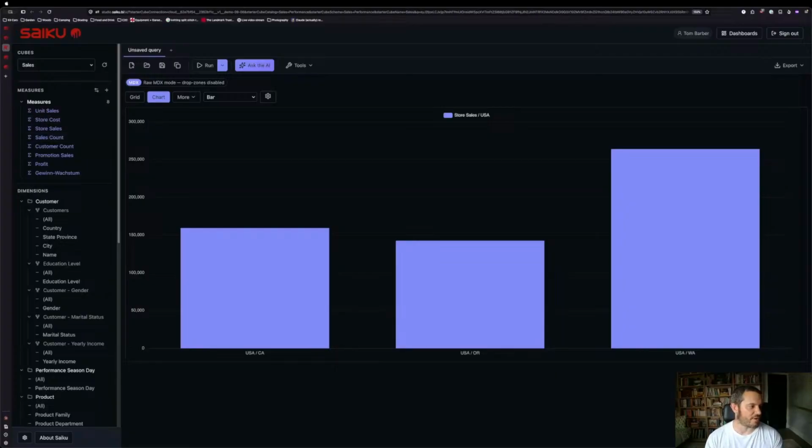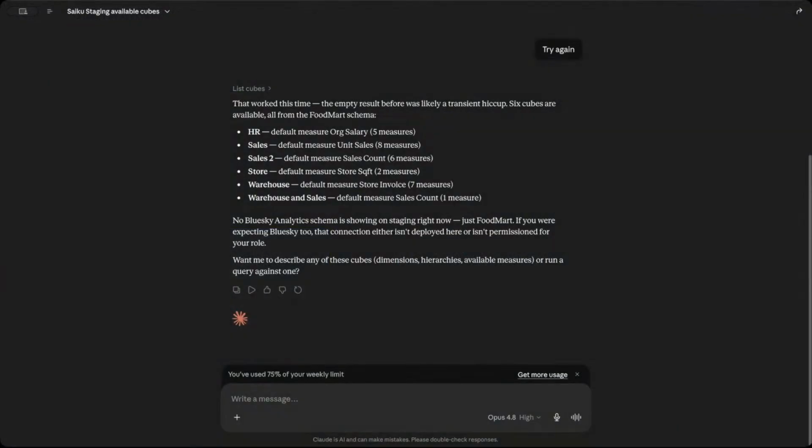Now, obviously, talking about automation, we spoke about AI back at the start. And so I want to just quickly drop into Claude Desktop. So if I click that button. Okay, let's see if we can do this. This is connected to the staging environment, just so you're aware, full disclosure. Okay, show me analysis of